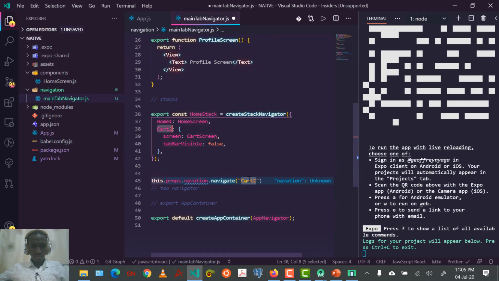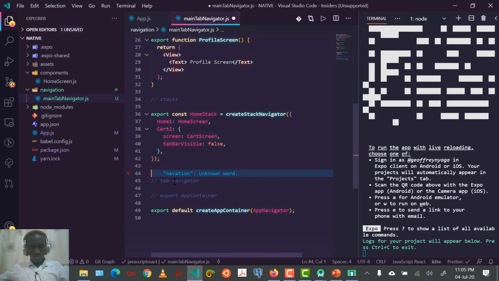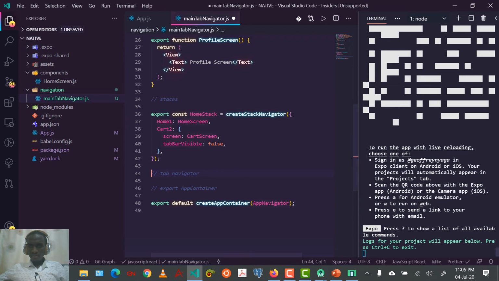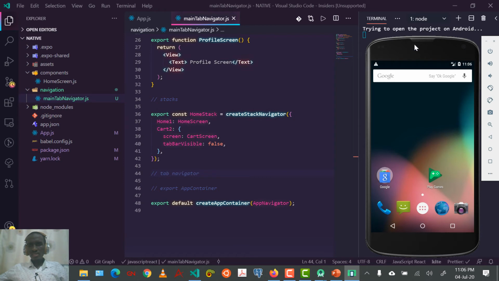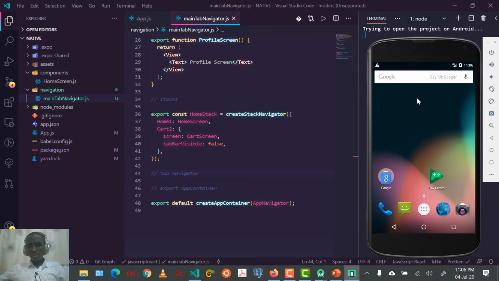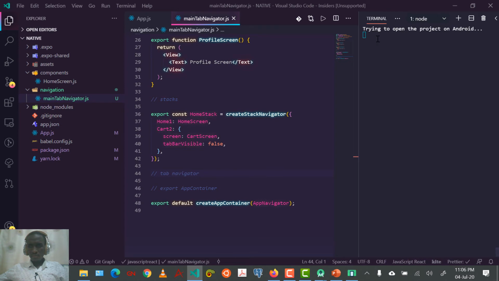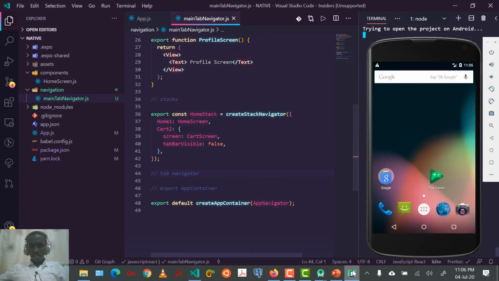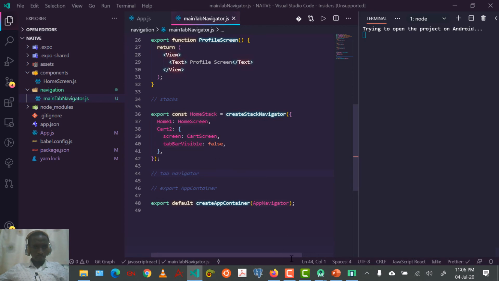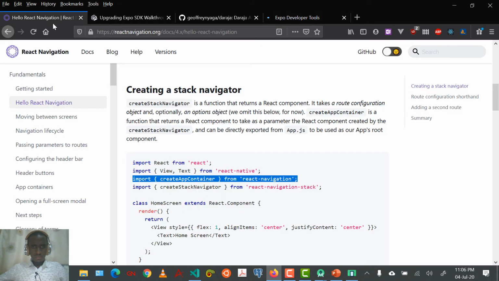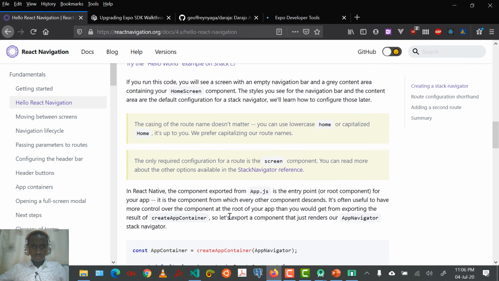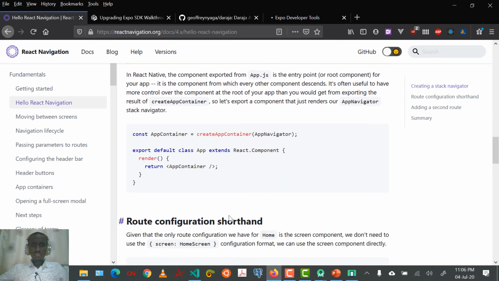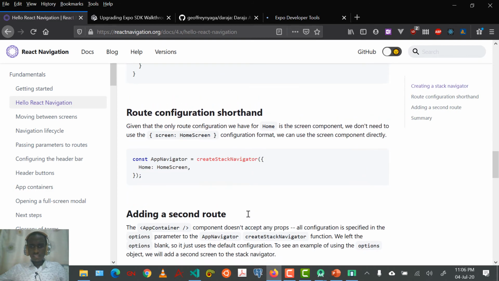Again, let's just follow. So I'm going to click A to open in the emulator. It's going to try to open the project on Android. Again, Expo is not installed here, so probably it's going to say that it's going to download. As that happens, let's try to find code for creating the tab navigator. So we've already done that. Something we've forgotten to do. Now that we've exported this app container,